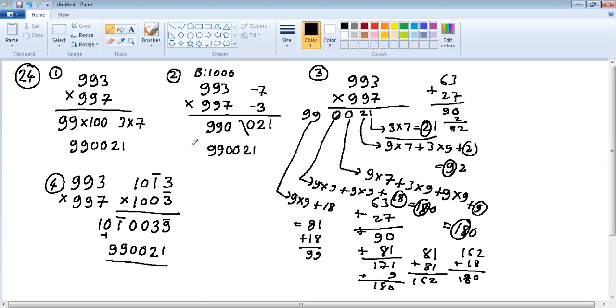So I solved 4 methods. You can do any 3 out of these 4. Here we have used the multiplication special case, which is not actually part of your part 2 topic. This is the base method, less than base. This is direct crisscross, and this is Vinculum with crisscross. Convert to Vinculum first and then crisscross.